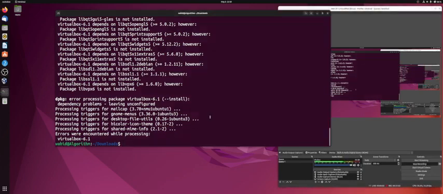So same issue again with the package manager, saying that the version that is there and the dependencies is not met, and it says error while